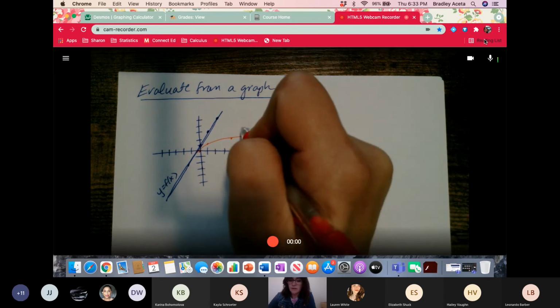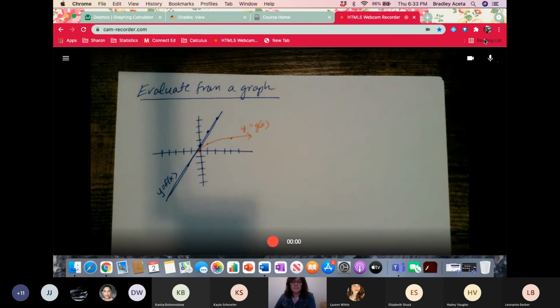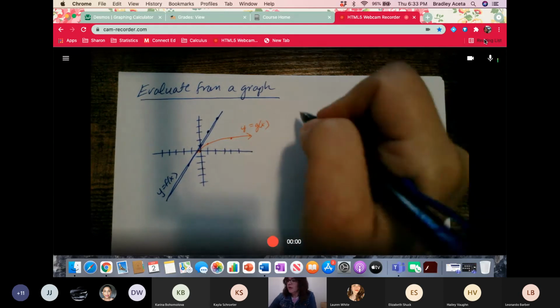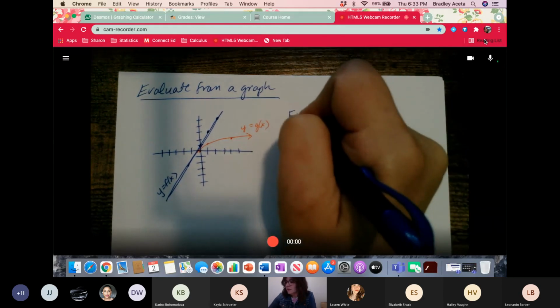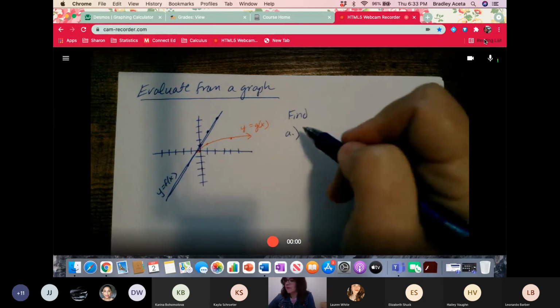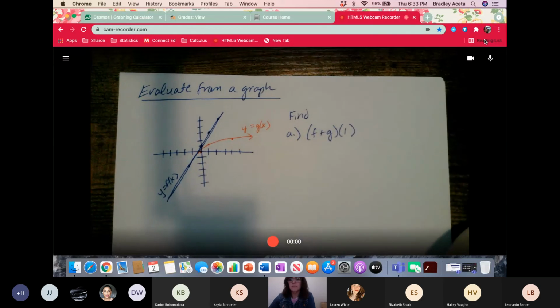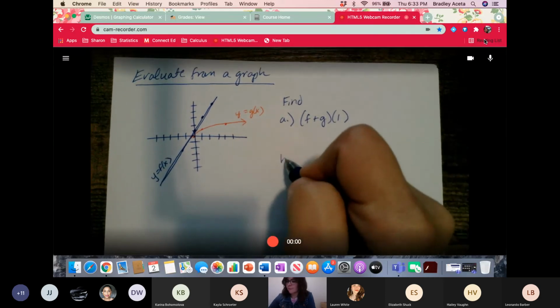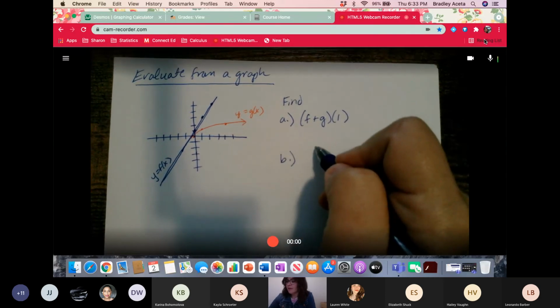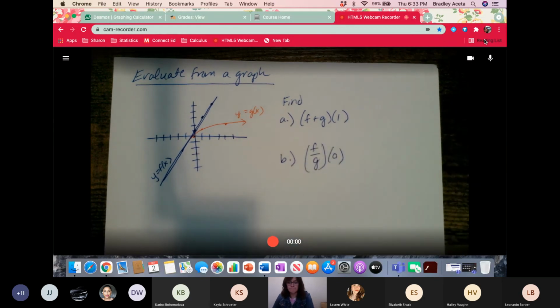And this is the y equals g of x line. Okay. And they're going to ask you to find from the graph, we'll do 2 examples of these, the f plus the g of 1, and then the f over the g of 0. Okay, so